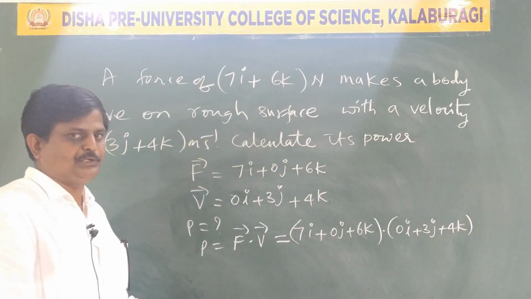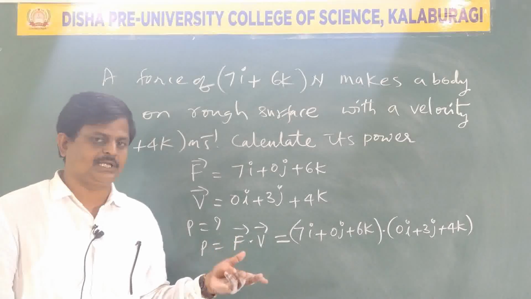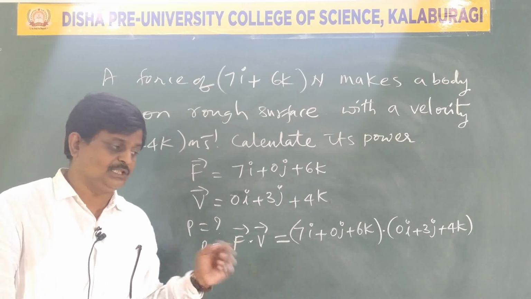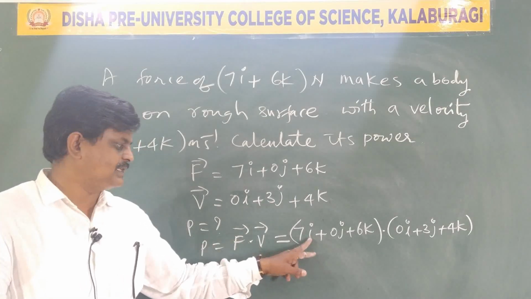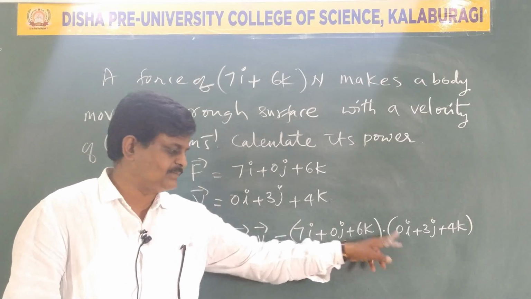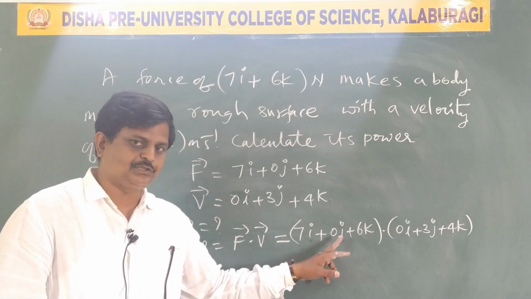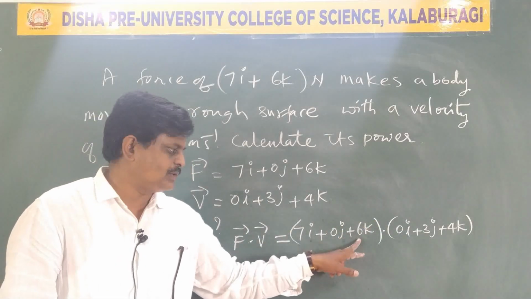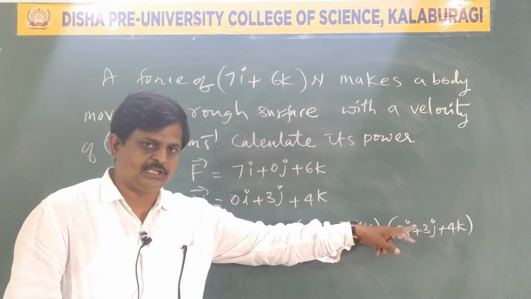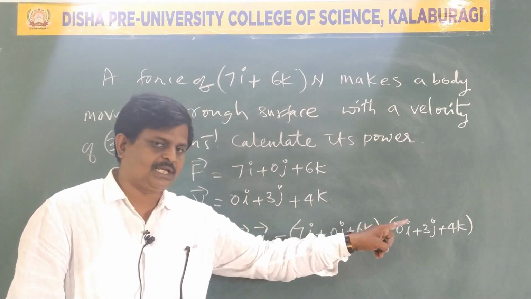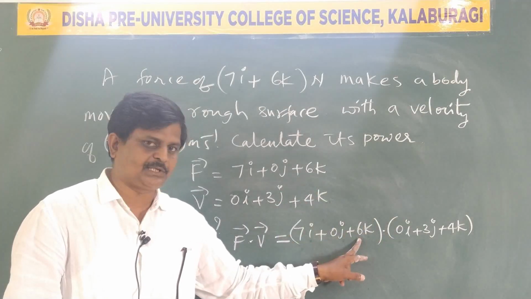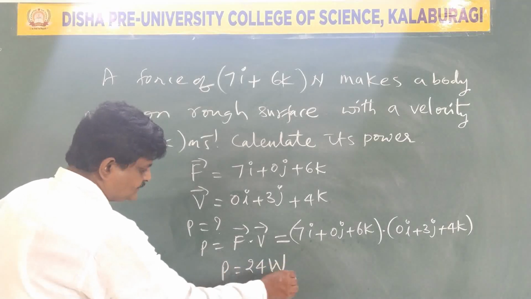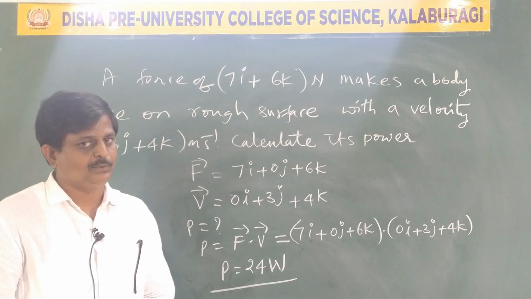You already know the result when you operate i dot i, j dot j, k dot k. What result would it give? 1. When you operate i dot j, that is 0. Just see, i has a coefficient of 7 on this side, but there is no coefficient on the other, so the product is 0. Now, j has no coefficient over here, but here it has. Once again, the product is 0. Now, k has what coefficient? 6 over there, 4 here. Therefore, when you operate k dot k, what is the result? 1. So what is left for the numbers? That is 24. You already know the unit of power is watt. Okay.